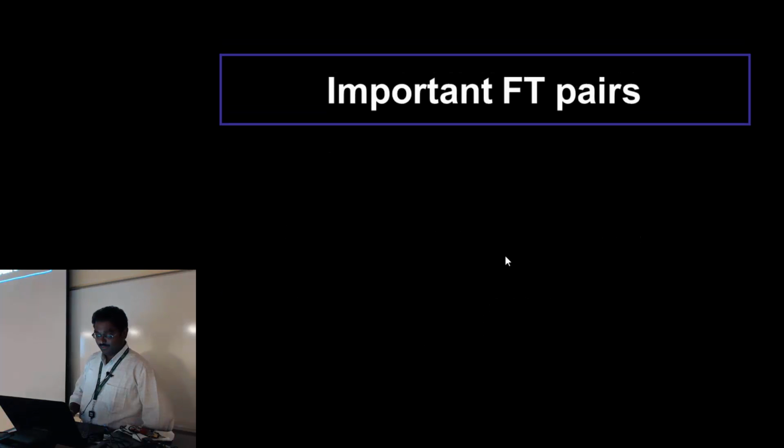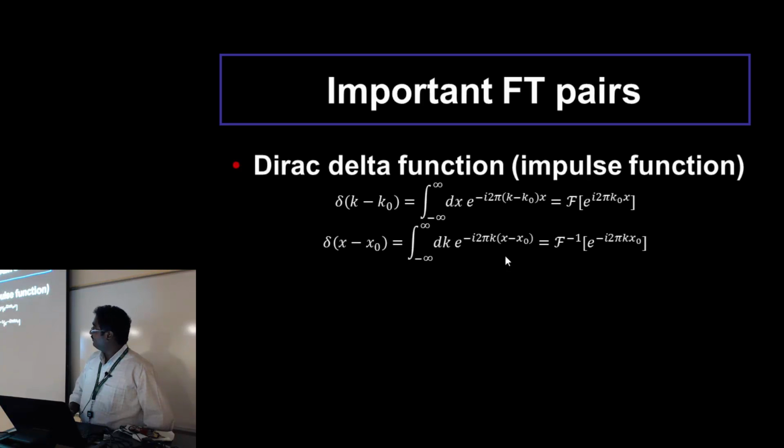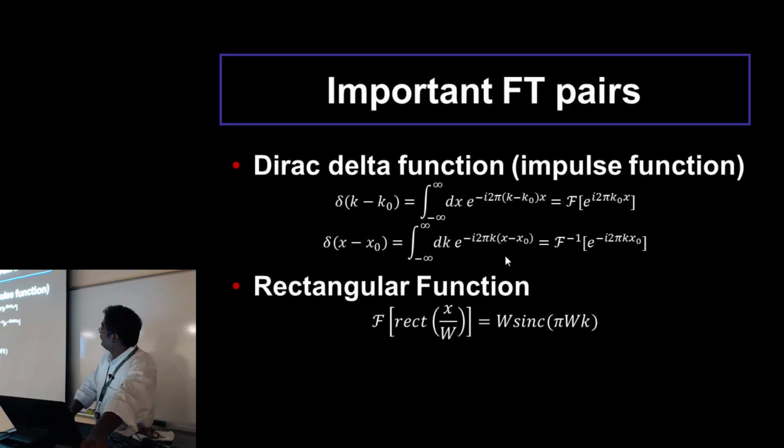And then this, so there are a few Fourier pairs. I think the first one is the most important one that we will be using in a couple of slides now. It is the delta function that we actually talked about, I think 2 classes ago. Yeah, the definition is given there, of course. And then the rectangular function, with the corresponding Fourier function being the sinc function, the transform function,